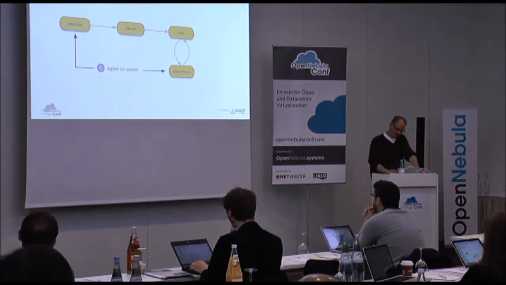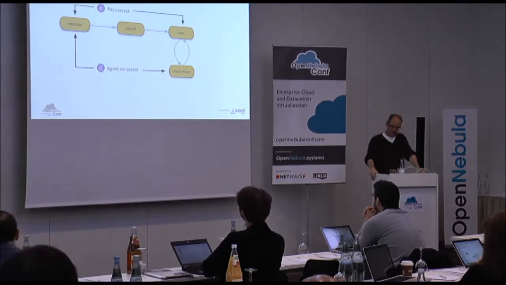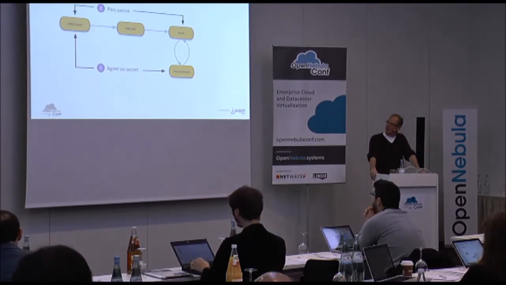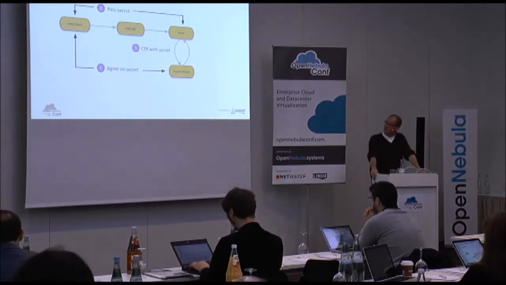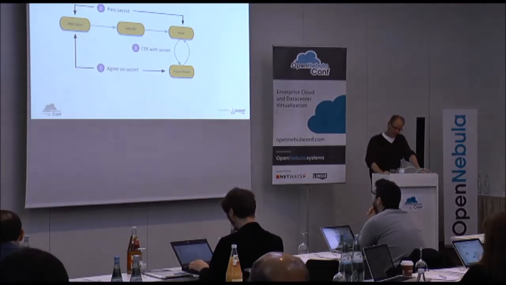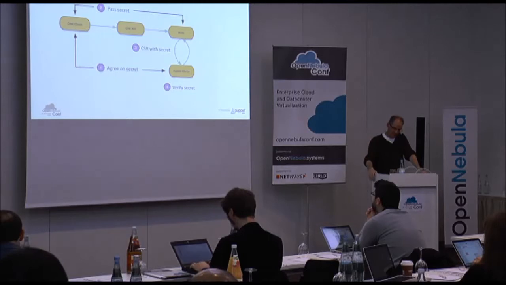But in the case of a pre-shared key, you would have to arrange for the client that does the instance creation to pass that secret all the way into the node through user data or something. Then the node includes that secret in the certificate signing request. The Puppet master verifies the secret now. There's no human needed to actually check. And then we issue a certificate.